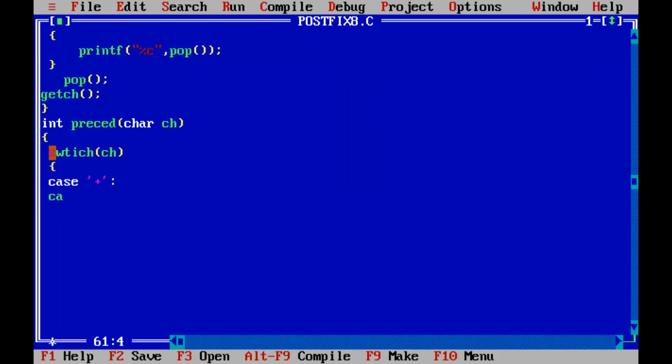And then if it is a subtraction operator, what you are supposed to return. If it is a multiplication, or if it is a division, and the other one is if it is an exponential operator, right? All these are the cases. And if you are entering any other operator other than these, the default.